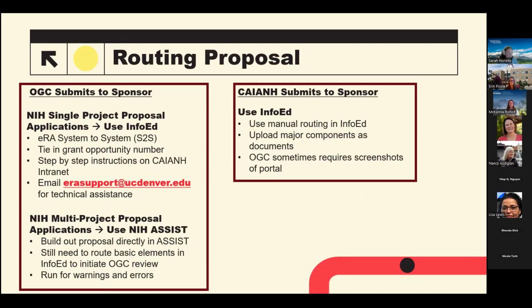Within the OGC submits, we have two different types of proposals. The first being a single project proposal, and this next being the multi-project proposal. So for the single project proposal, an example would be an R01. These are simple enough to use InfoEd directly. And the university will call these system to system routings, or S2S, because the InfoEd system is working directly with the ERA Commons system. And you'll put in the grant opportunity number, and then InfoEd will prompt you for what is needed for the